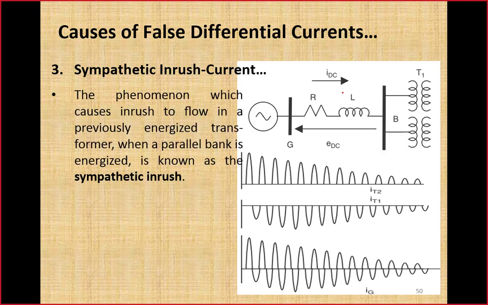So here we summarize what is meant by this phenomena of sympathetic inrush. The phenomena which causes inrush current to flow in an already energized transformer when a parallel bank is energized is known as sympathetic inrush current. Here in this particular example we have seen that energization of transformer T2 has brought this T1 into the saturation but in opposite direction as compared to T2. Now after this,